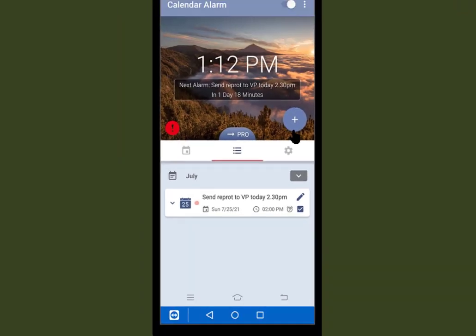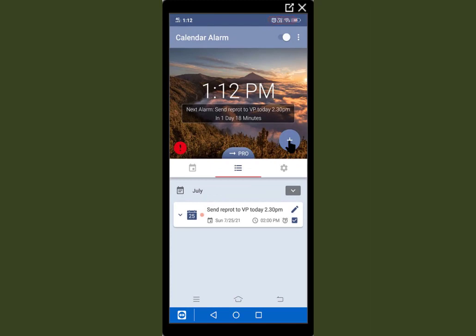By using this button you can add events in the calendar. It will automatically go to the Google Calendar also. When you add a reminder in the Google Calendar, it will come here automatically. If you add it here, it will go to the Google Calendar also.